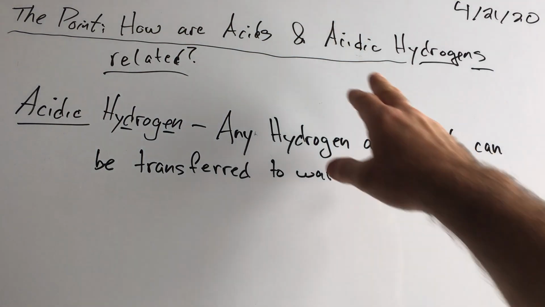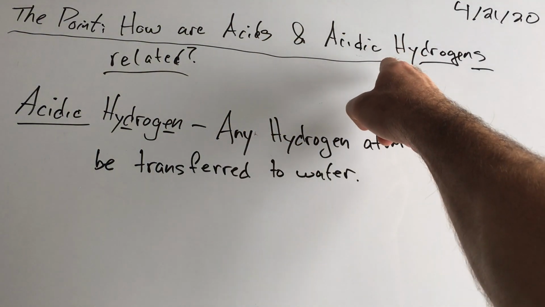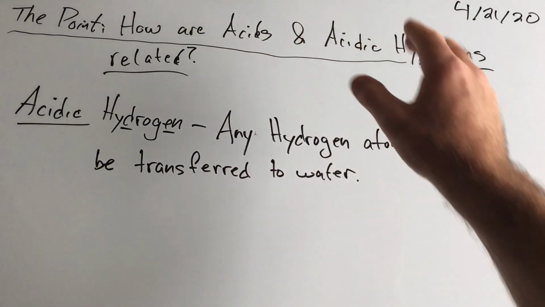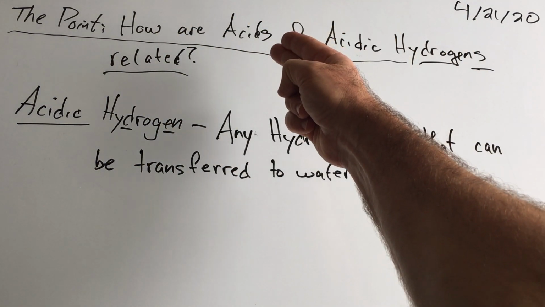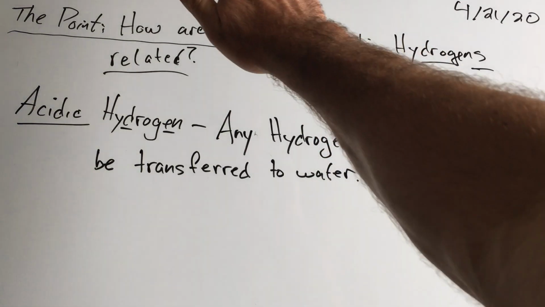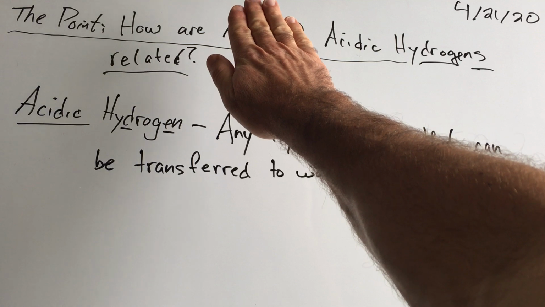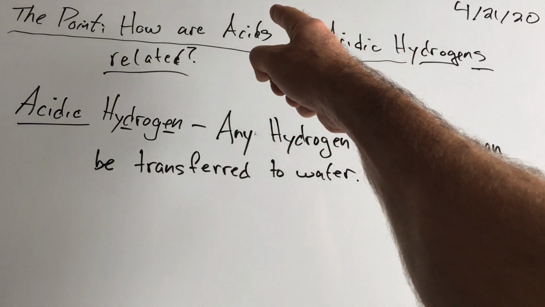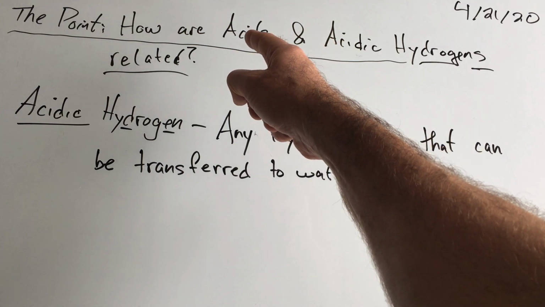We're going to get to that soon, but you can only be an acid if you have one of these. So that's kind of the whole thing today: you only get to be an acid. You only get that fun name acid if you have one of these. If you don't have one of these, then you don't get to be an acid. Also, if you don't have one of these, then you're not going to taste sour and you're not going to